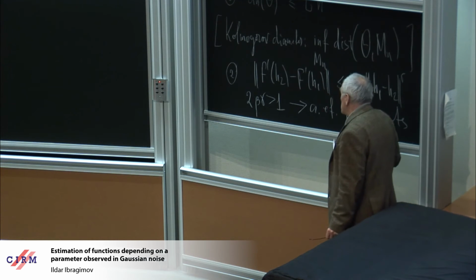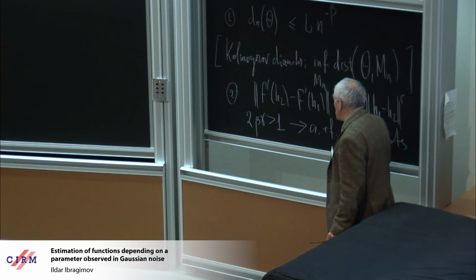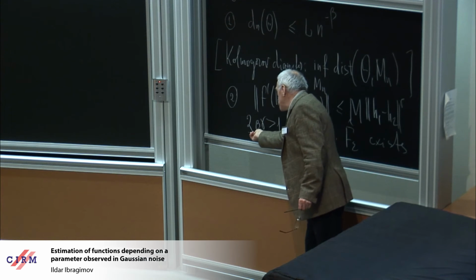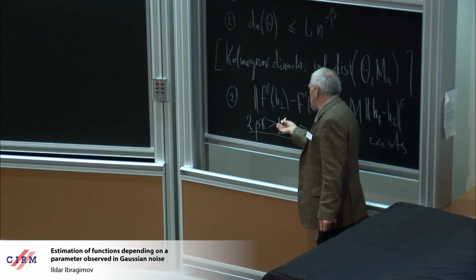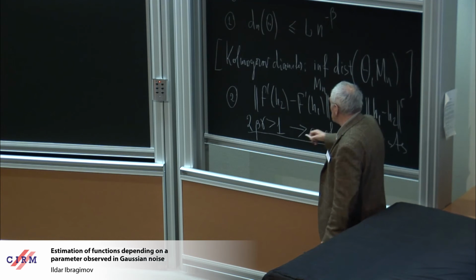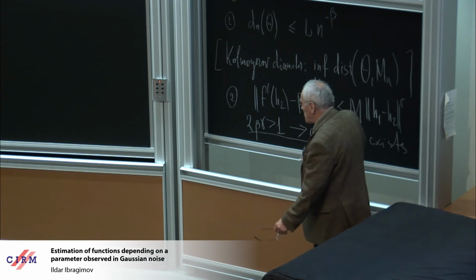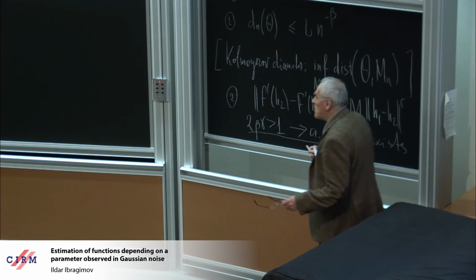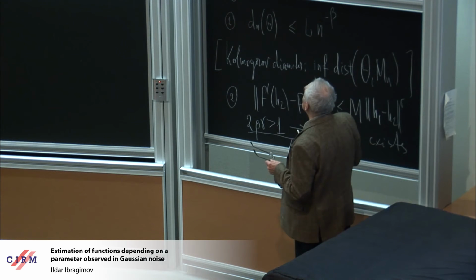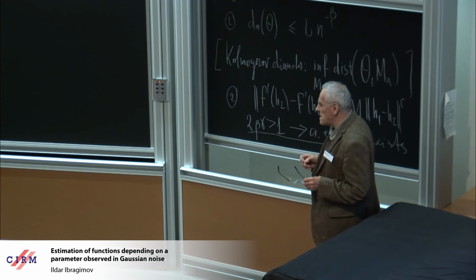And later, Nemirovsky showed that all these relations, like this one, are precise. So it is possible to find examples when this relation is not fulfilled and there are no asymptotically efficient estimates. About all these things, you can read a very good exposition written by Nemirovsky